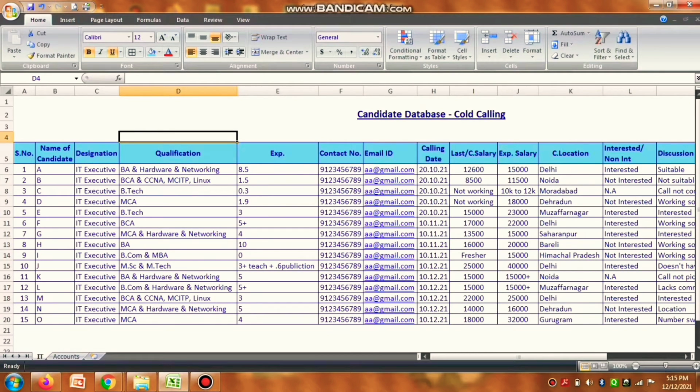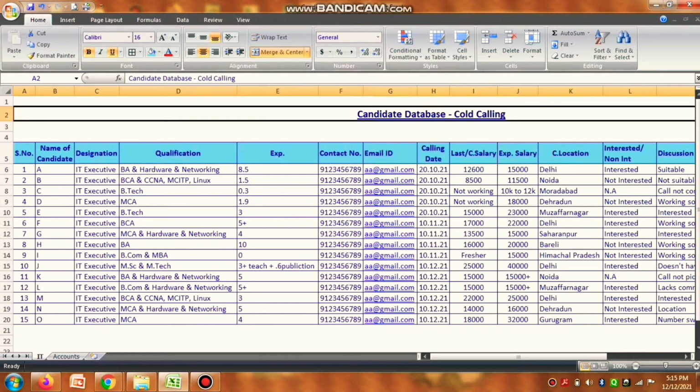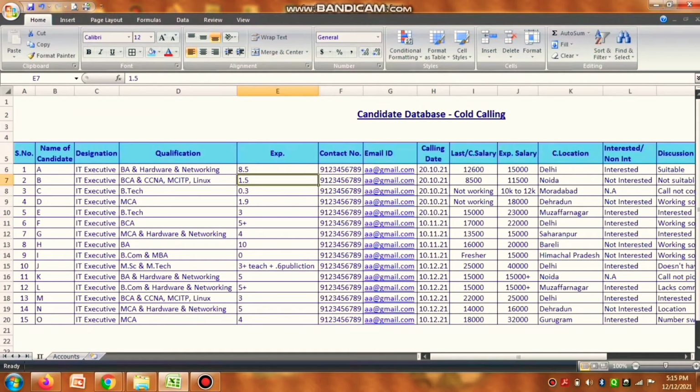Now we are calling candidates, so we must have a proper database for it, because we have to make so much reporting, and if reporting is not there, still we need a proper record of it. Okay, so what we can do is we can make a good Excel sheet. Many of you have requested me how to maintain the data, how to maintain a database for recruitment reporting, right? So we can maintain the data in Excel.